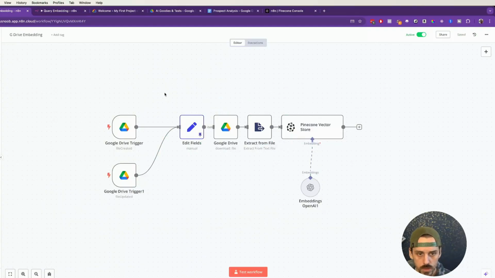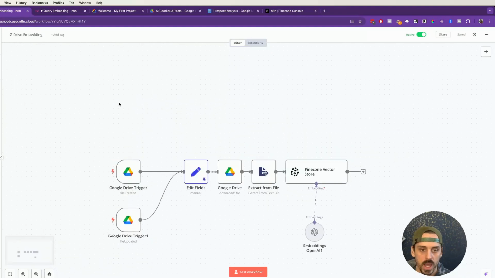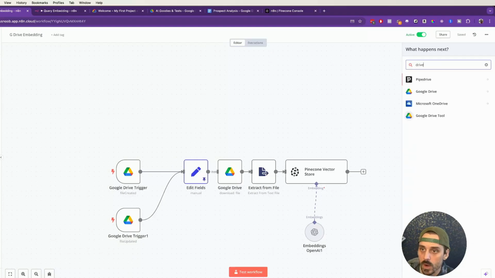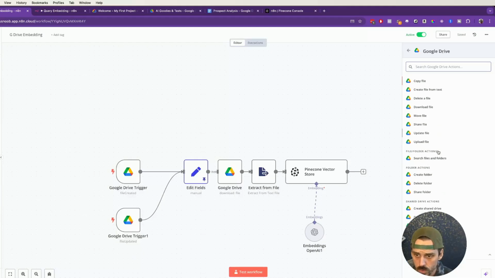So first things first, we have two different nodes here that you'll see. One of these is for a file being created, and one of these is for a file being uploaded. Now, if we wanted to look at how do you actually create this thing to begin with, we can just right click on the screen and click add a node. And then we can come up here and we can look for our Google Drive. And so inside of here, tons of different actions that are supported, right? Deleting files, copying files, updating files, create folders,